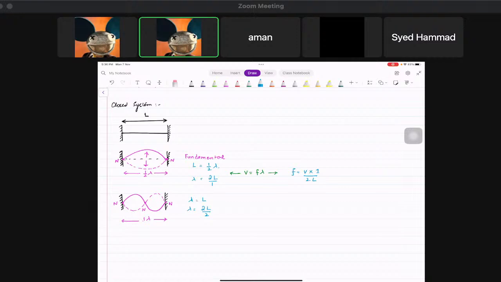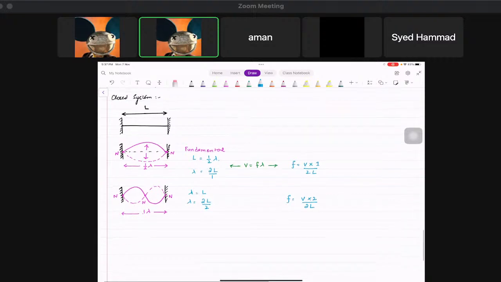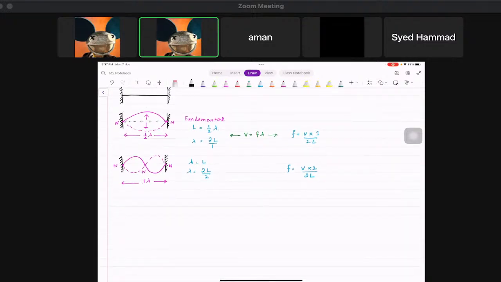And then for frequency I can write it as velocity times 2 divided by 2L. You can switch it using the equation V is equal to F lambda. Okay. Now, if I pluck it 3 times,